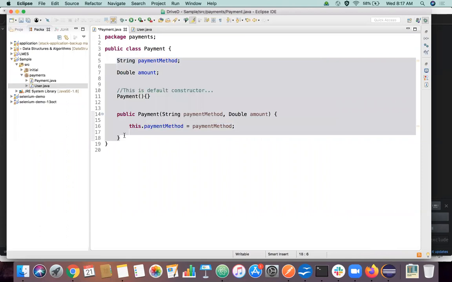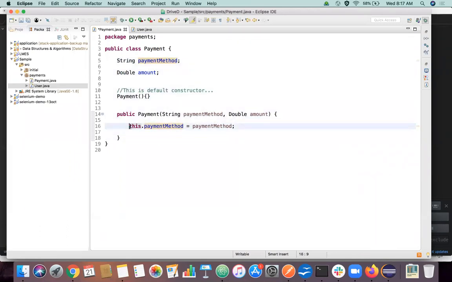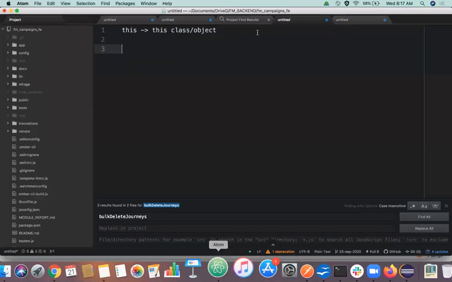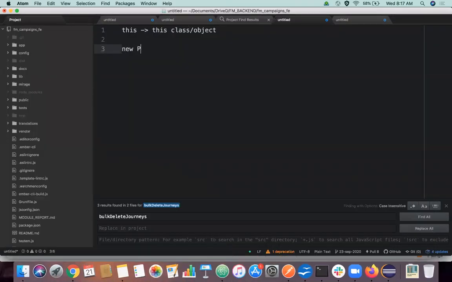This is equivalent to doing something like this: new Payment, which is how we create an object, dot paymentMethod.